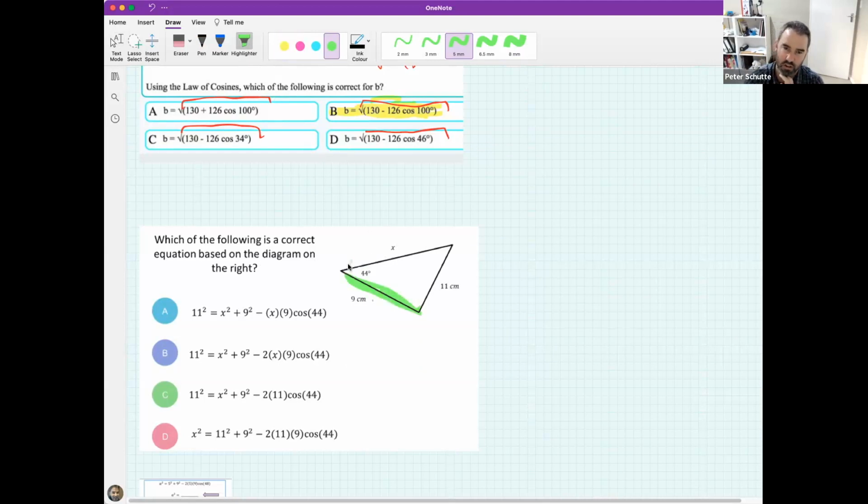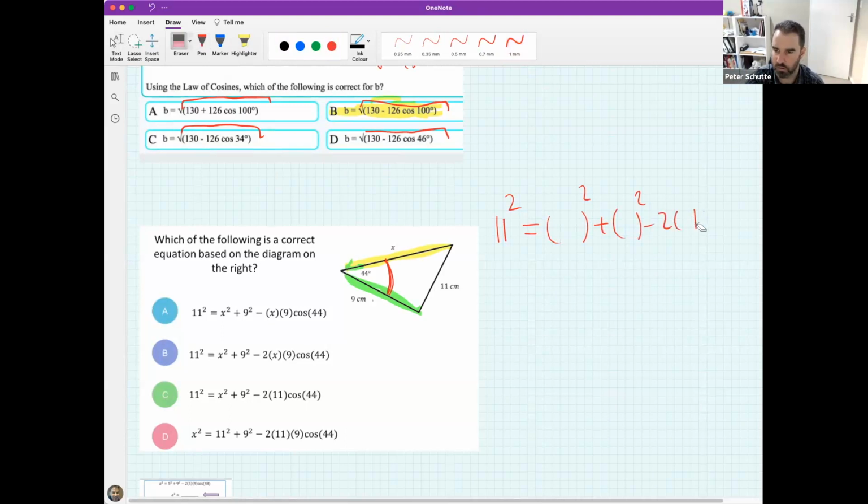So for me, these would be the two sides, the arms that hold the thing together. And then here, this would be the included angle, which means that when I write it, it's going to be 11 squared is equal to that squared plus that squared